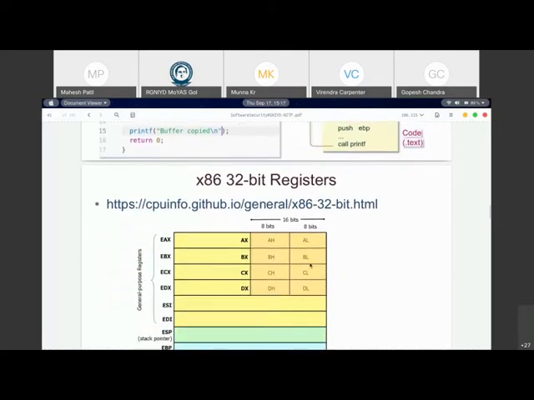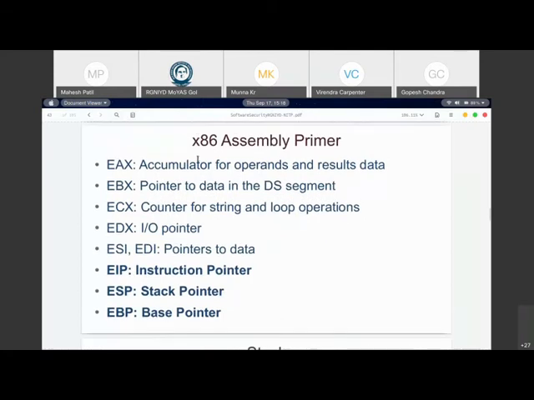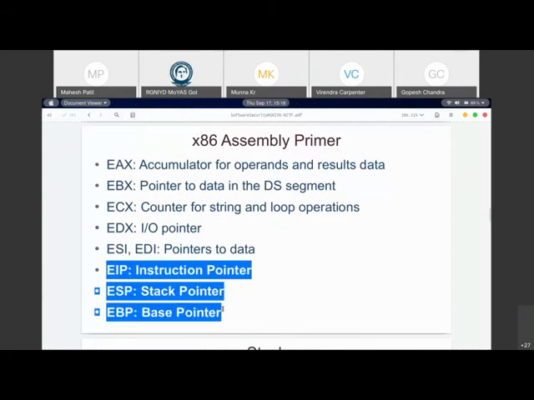So let's go ahead and understand some more details in terms of the processor registers. As a security engineer, you may not have to have expertise in the entire assembly functionality, but over time you will gain it. But at least these three registers are very important. One is the ESP, which is called the stack pointer. Second is the base pointer, EBP. And the third is the EIP, which is the instruction pointer register. You can go to this website and understand more about it. But to summarize, these three are the registers we should worry about.